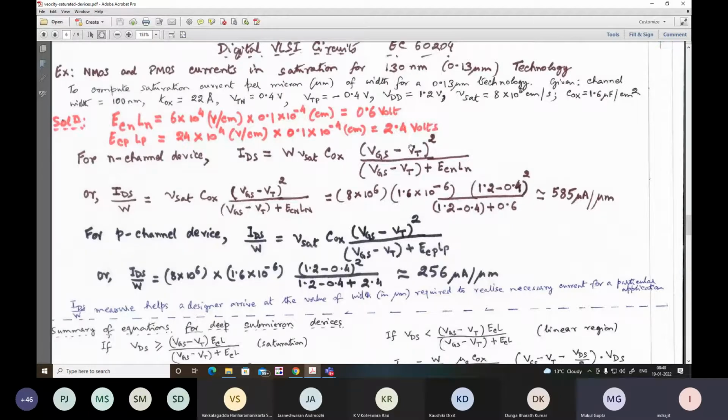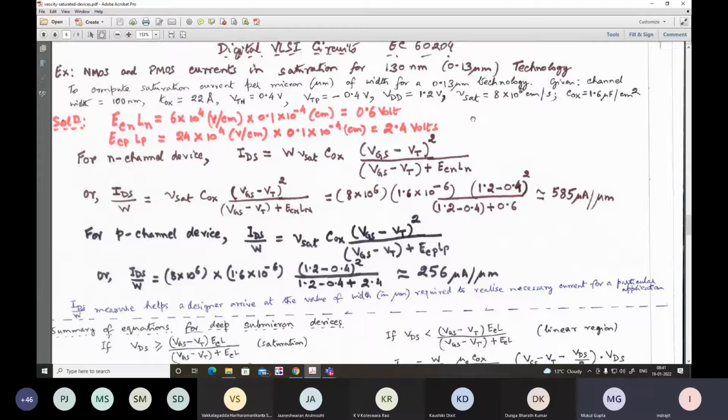But for the sake of knowledge, whenever we are taking into account the 180 nanometer process, the gate to source voltage, in fact the biasing voltage, and typical VDS also will be taken to be 1.8 volt. The technology threshold voltage for the NMOS device is taken to be 0.5 volt, whereas VT for the PMOS device will be taken to be minus 0.5 volt. The critical field ECN will be 6 times 10 to the power 4 volt per centimeter, and ECP equal to 24 times 10 to the power 4 volt per centimeter, 4 times larger.